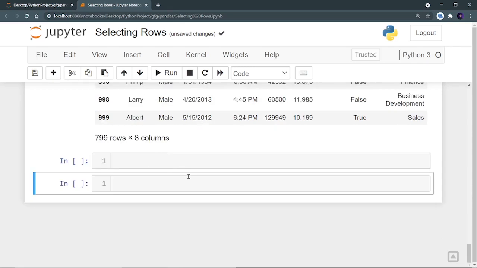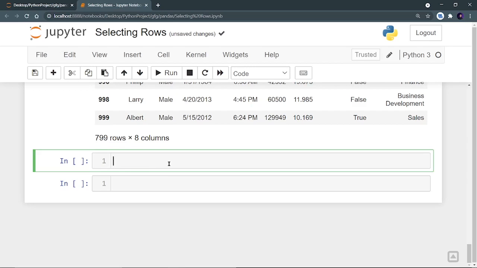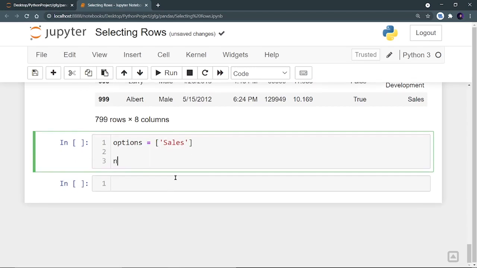Now we are going to use the last method of selecting the rows based upon some conditions. In the last method, let's say I want to put two conditions, and for those two conditions we are going to use the AND operator. Let's say my first condition is that the employee should be a male, and my second condition is that he should belong to the sales team, right? And how can we write these two conditions? For that, first of all, let me redefine the options, because this time the options is sales, and now I can write the statement that is new data frame, because we are going to create a new data frame according to the condition.